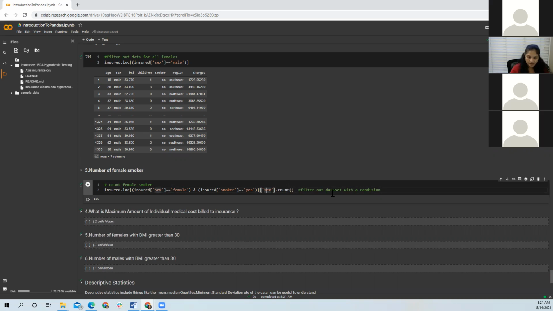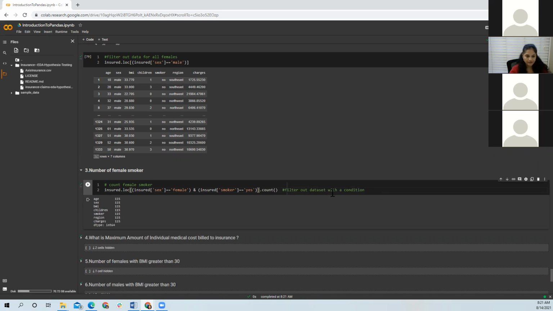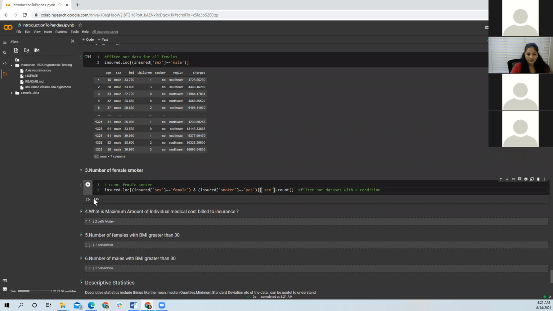This thing here, if I don't mention it, I will still get the count, but I would get something like this: 117, 117, 117. But this is of no use. If I want to store this into a variable, I'll not be able to do that. So I write, I want to count on the basis of sex. So I get this 117 here.